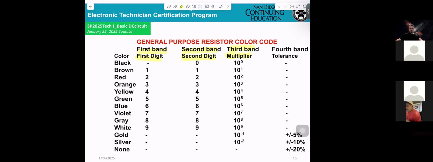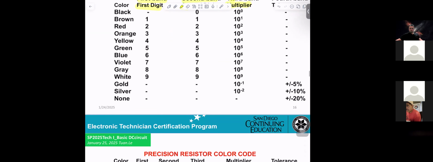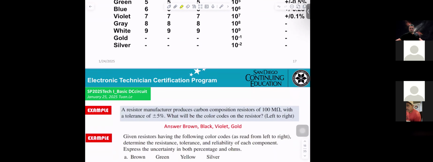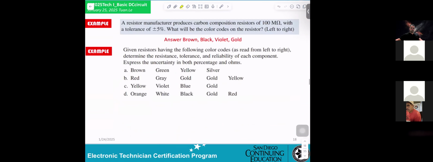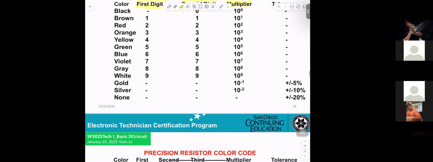Okay, now, why do they need the color resistor code? That means on the resistor, okay, let's see. In here, you can see they get the color. By looking into the color, you can tell the value of the resistor. That's why you need the color code. However,